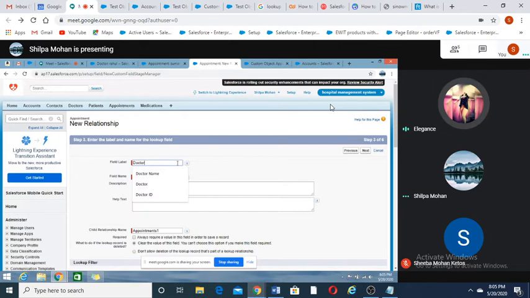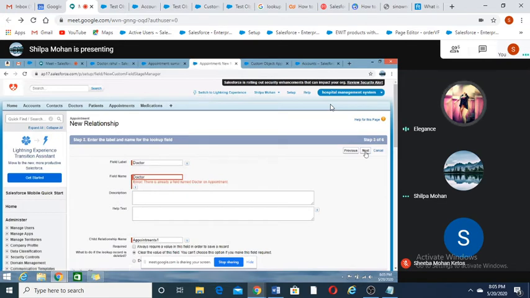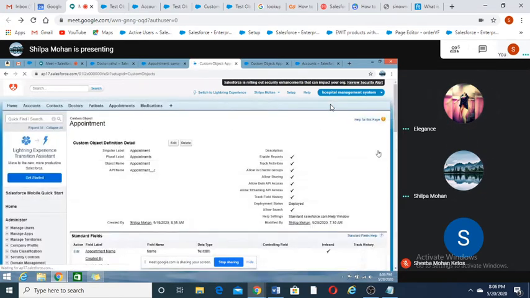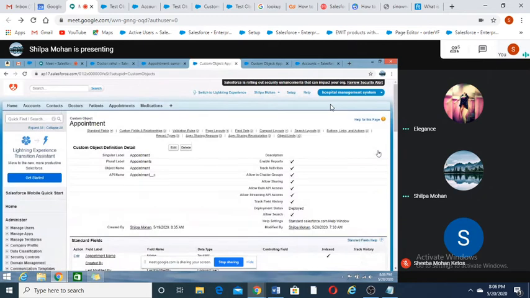Then again this will be populated. If you want, you can add the help text or description. This is already present, that's why it's not adding, but this is the way. After that next and then save. That is the way of creating the lookup relationship. So is it clear now? Yes, it's clear.